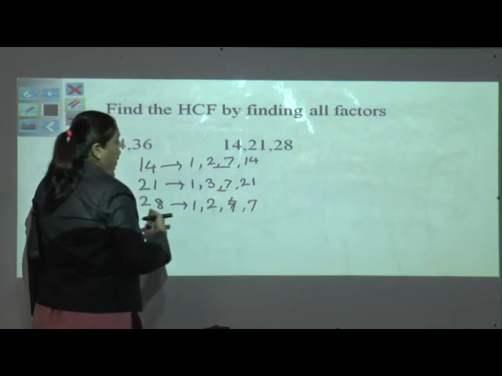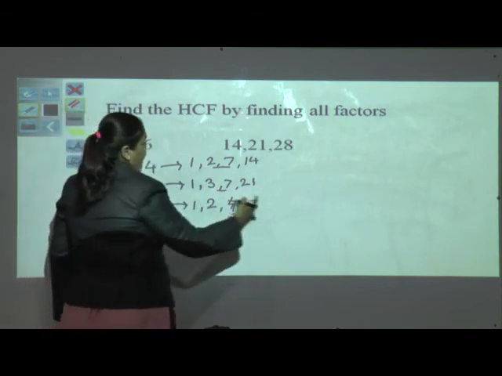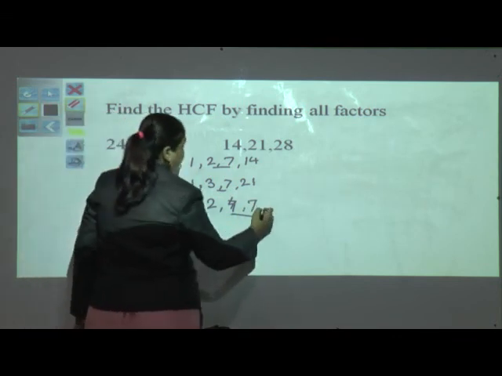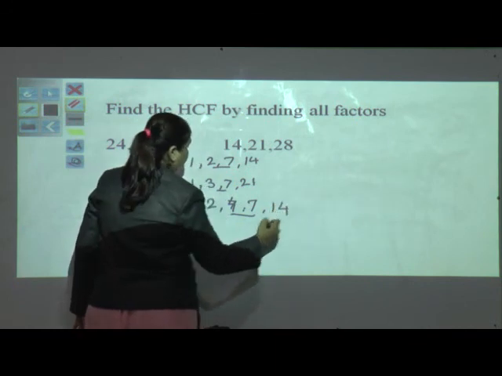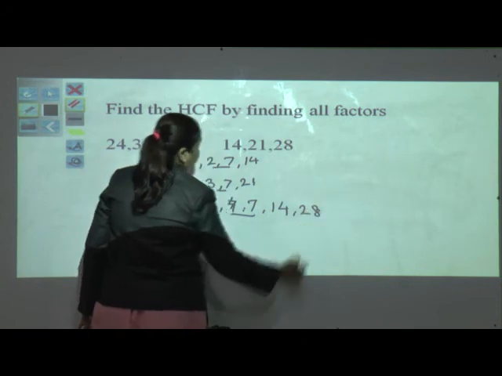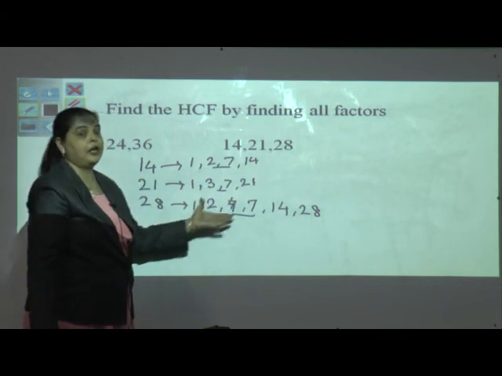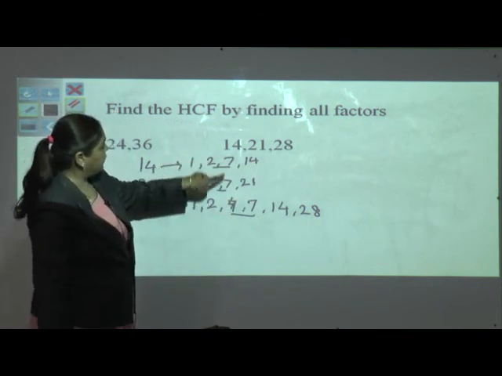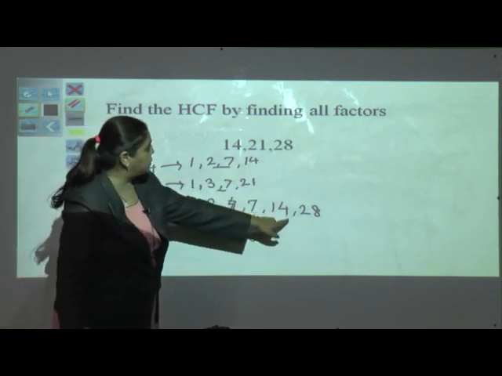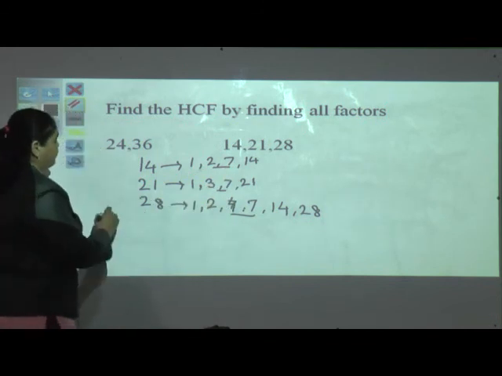4 7s are 28. So again we got a bridge here and we can find the factors here. 2, how much are? 14 2s are 28, and 1 28 is 28. Now my dear students, which number is greater here that we can see? We are having 7 here, we are having 7, here we have 7. We don't have 14 here, 21 and this. We are having 14 but we don't have 14 here. So what we can say?